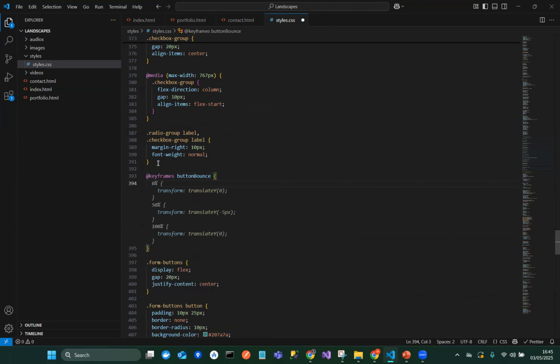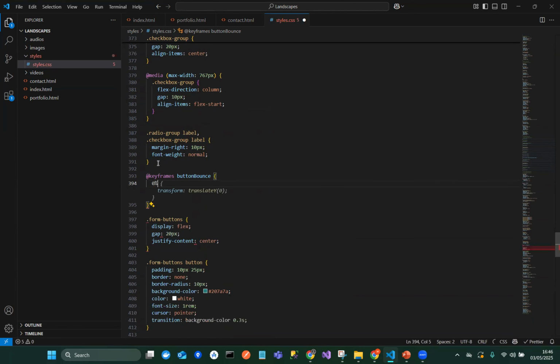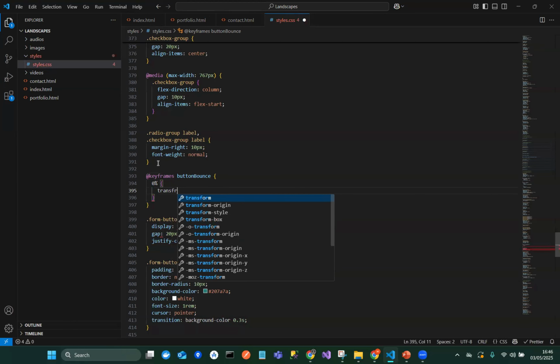Now, remember, I talked about that you can use from and to, or you can use percentage. If you start from 0%, 0% means from, and 100% means your to. So you can use from and to, but percentage will give you more flexibility to target more frames. From and to will only make you target the beginning and end, basically. So let's do percentage and see, but they literally mean the same thing. So at 0%, that's at the start, at the from,